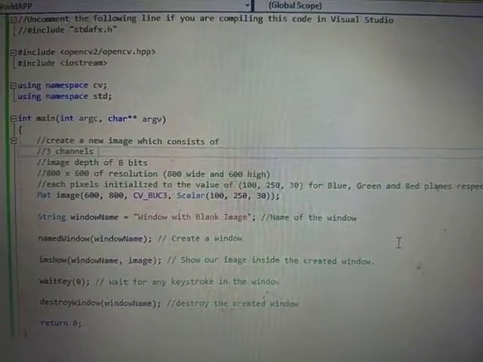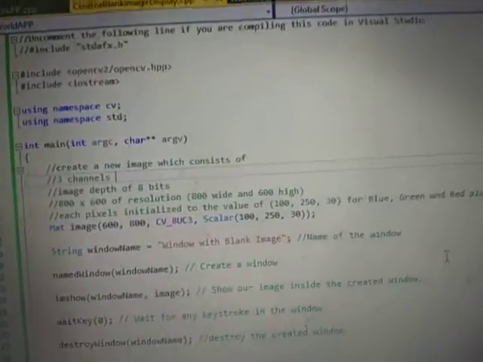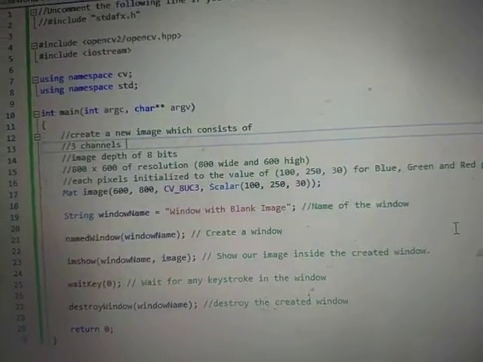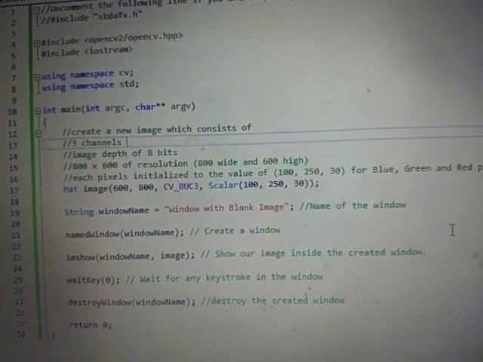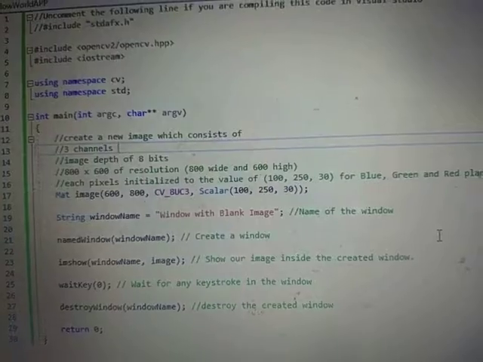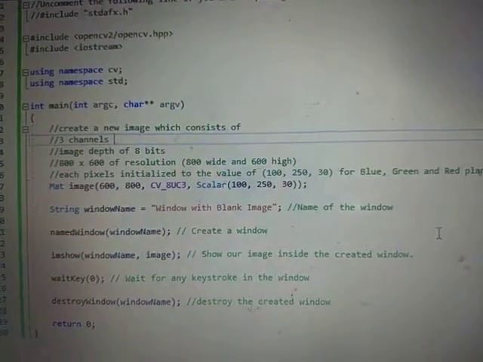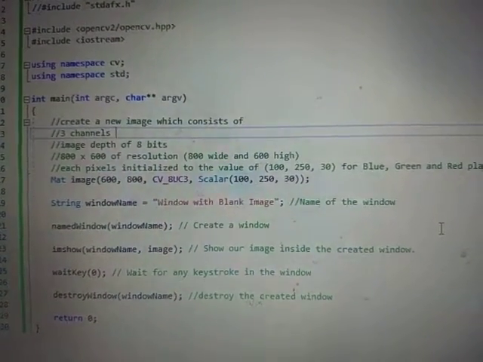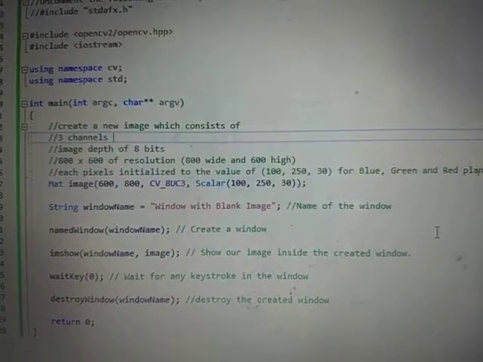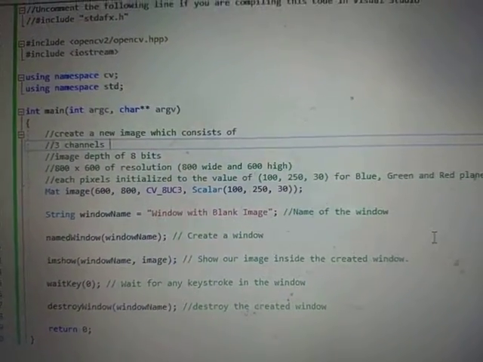Now we need to create our own image with different colors. This session is not about concentrating on creating the image and colors, but about how the image is processed behind the scenes using the OpenCV APIs and